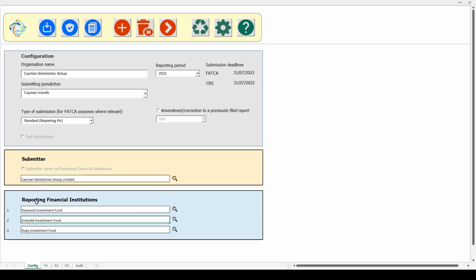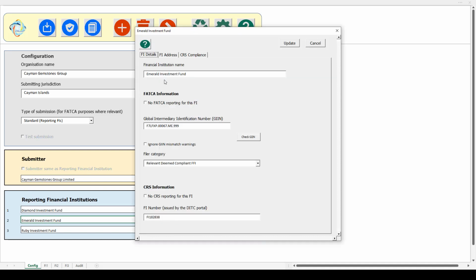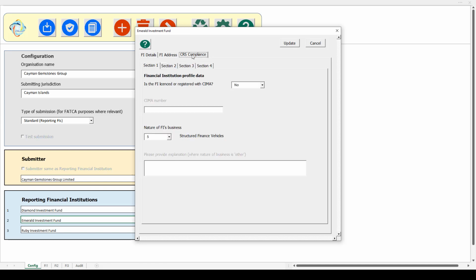Let's have a look at some reporting FI details. If I click on one of these FIs, when I've switched on the CRS compliance form, I get a new tab for CRS compliance. And under this, there are 4 sections that relate to the 4 sections on the CRS compliance form. Section 1, information about the FI.